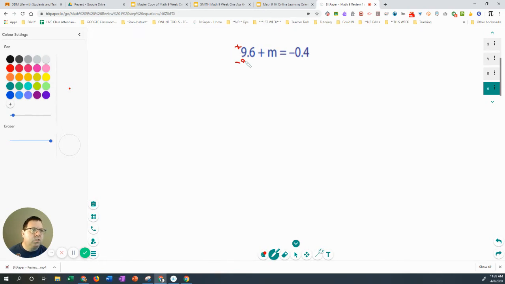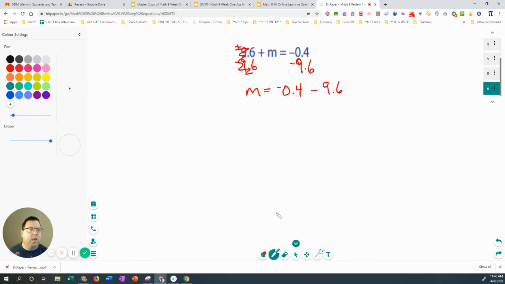The sign is positive, so you can use the opposite of that sign, and that is negative 9.6. Whatever you do to one side, you do to the other. That cancels out. That becomes a zero pair. And you have m is equal to negative 0.4 minus